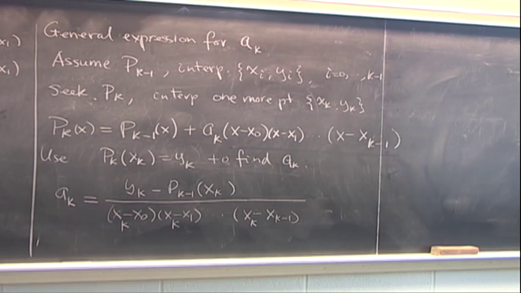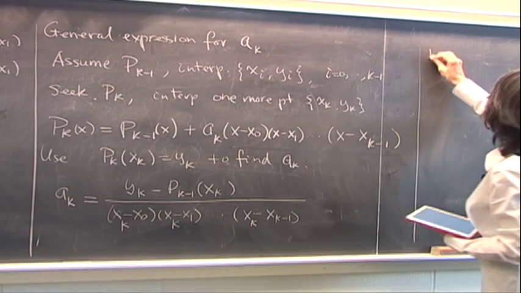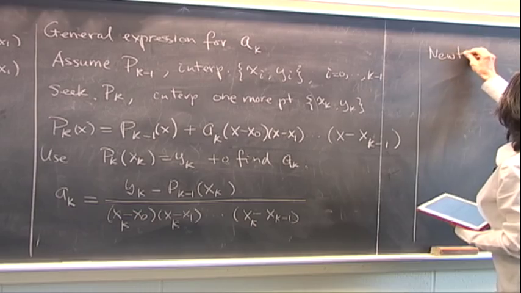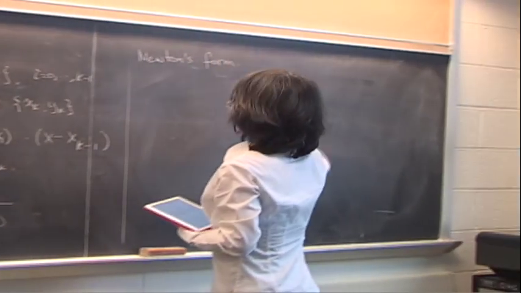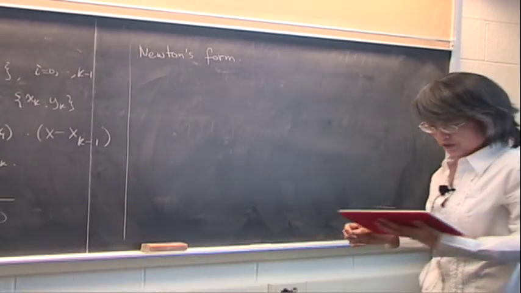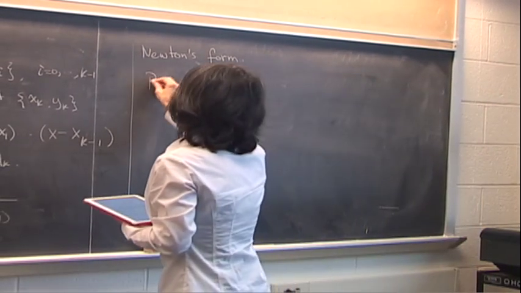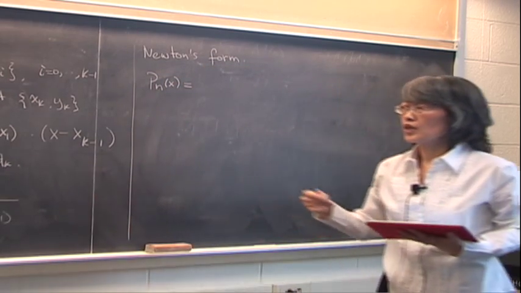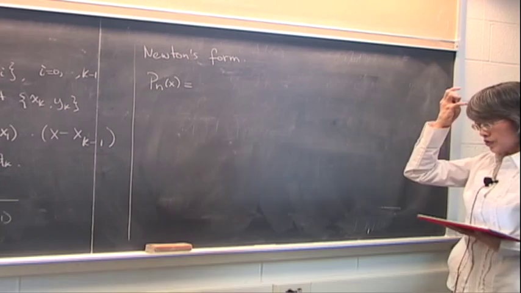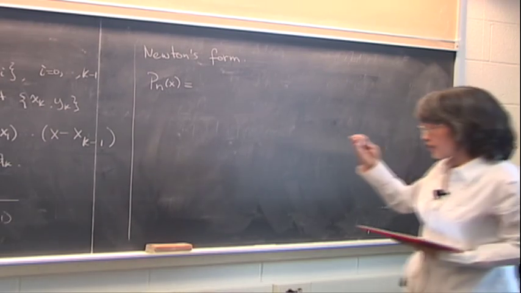Okay, so once you have obtained all these A's, then you can write out the Newton's form. So let's write this out. Newton's form using all these A's, these are kind of a divided difference. Your polynomial Pn, which interpolates n plus 1 points, would take the following form. You can start from